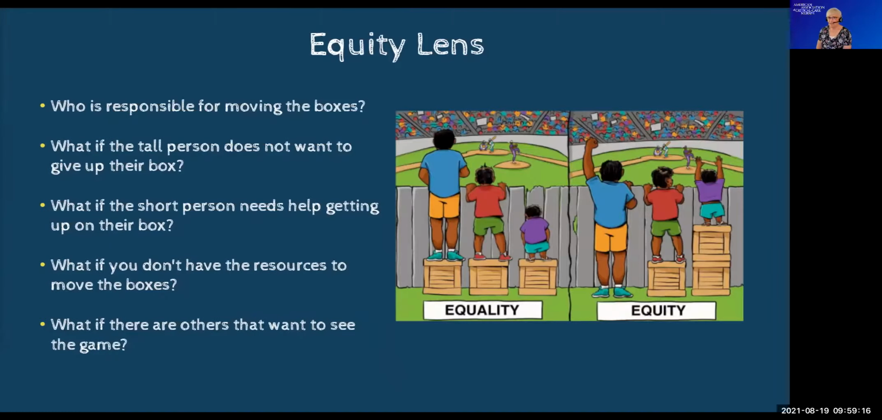So when we apply an equity lens to the work or to a situation, we continue to ask a variety of questions to really dig deep and to understand who's benefited from and who's burdened by a particular program or practice that we have. So if you think back to our equality versus equity graphic that we had,